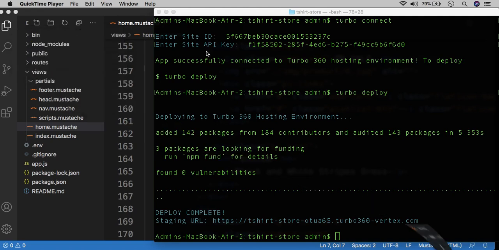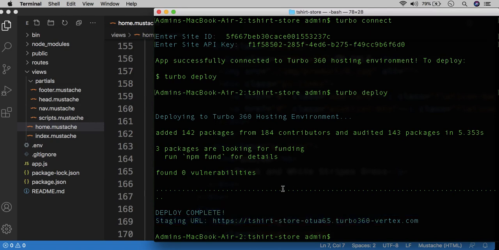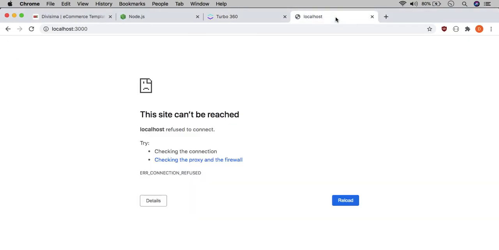Okay, the deployment is up. If it worked for you, you should see this as well. The deploy complete output command. And this gives you a link to the staging environment. So this is your staging URL where you're hosting your project. This is actually on the internet, it's live. Anyone can visit this. And so if we copy and paste that into our browser,